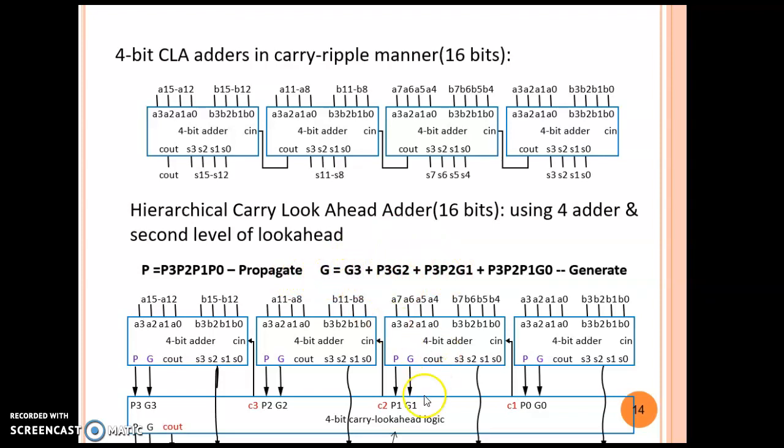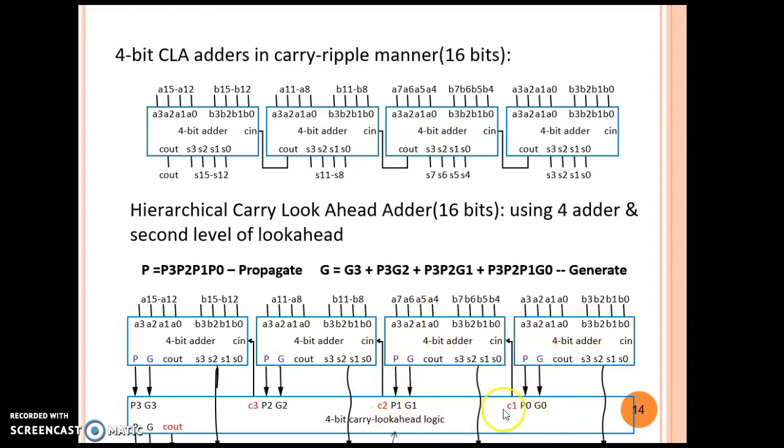Depending upon that, you can see in this 4-bit carry lookup adder, for every 4-bit carry lookup adder, this P and G term is calculated. Now what next are we doing? See, this is 4-bit, 4-bit, 4-bit, and 4-bit. After doing this, your 4-bit addition is ready. Now what next are we doing?